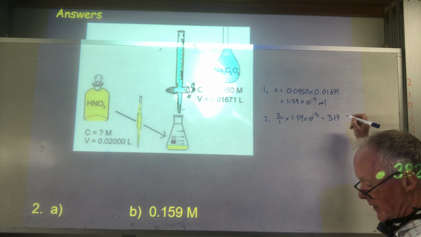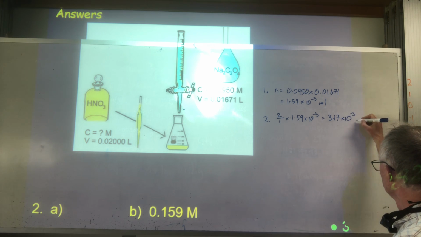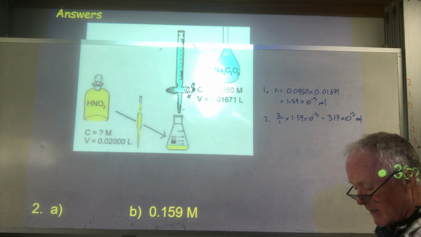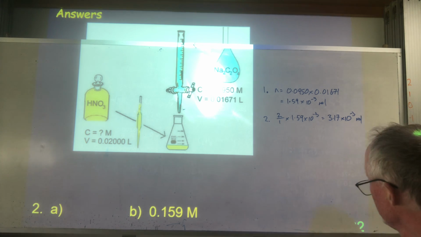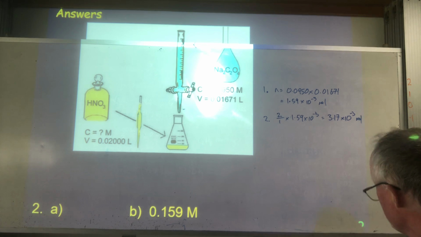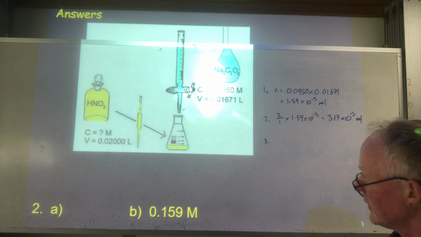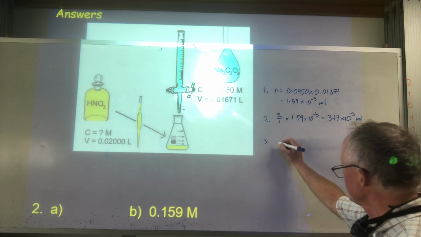And you'll note I'm not rounding off during the calculation. Just taking that previous answer, it's already on the screen on my calculator, and I'm multiplying it by 2 to get that. And then the third step, of course, is to calculate the concentration of our nitric acid,